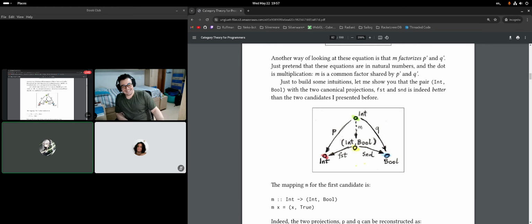Basically, that's the intuition. The arrows here just mean that if you have an M, and as far as I can tell the definition says it needs to be unique, and you have a P and a Q, you can factor things out by using M composed with another morphism. So it's M composed with, in this case, first and second. You can factor out P by using M composed with first and Q by M composed with second.